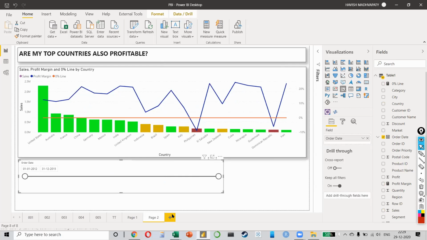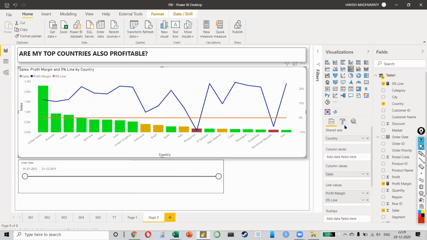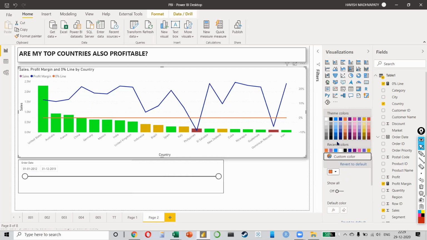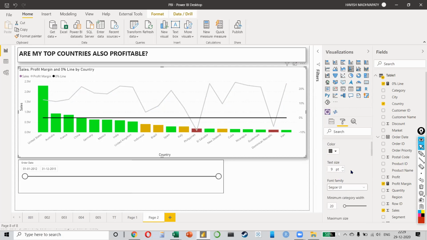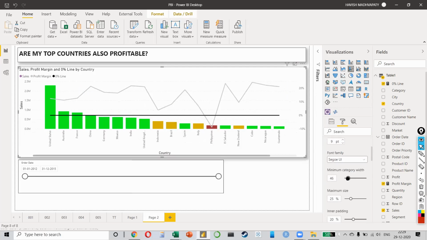Good. Any questions, anyone? Obviously, all these colors can be changed. So if you want this constant 0% to be not orange, a different color, you just come here, go to data colors and change it from orange to something neutral. So I'll make it black. And also I'll change my trend line into gray, right? Like this. Like I said, this I can't really cover for you because there are just so many options.